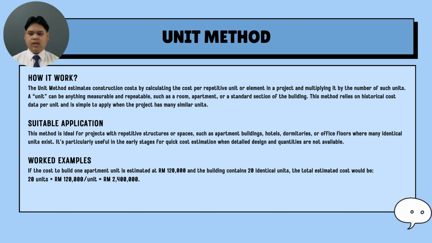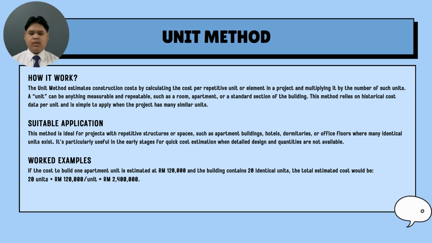This method is ideal for projects with repetitive structure or space, such as apartment buildings, hotels, dormitories, or office floors when many identical units exist. It is particularly useful in the early stage for quick cost estimation when the detailed design and quantities are not available. If the cost to build one apartment unit is estimated at